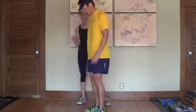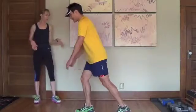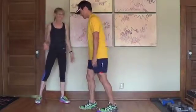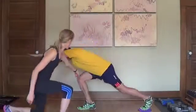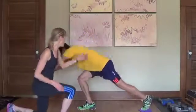Okay, we'll start with that right leg forward, so we're working that right leg. Okay, Hans, let's go. I'm gonna watch you. You may need a step. One step, okay. Give yourself a test to make sure you're not running into your table or anything. All right, let's go. Down and up, 1. Down, nice. 2. Down, 3,